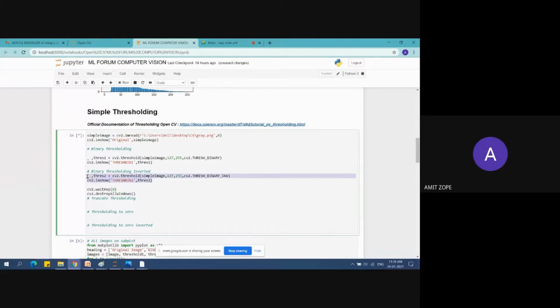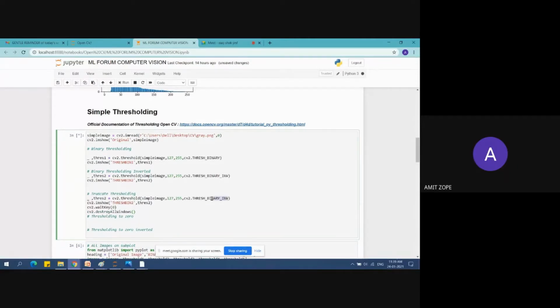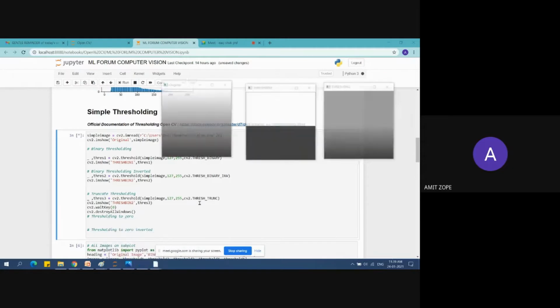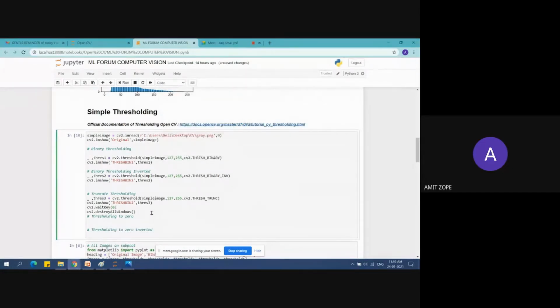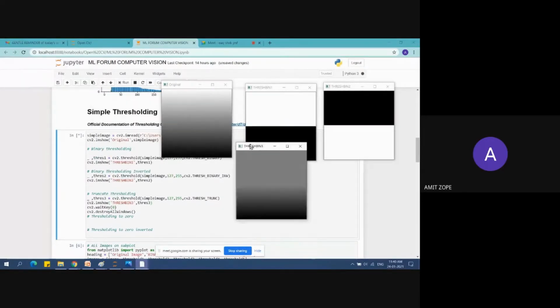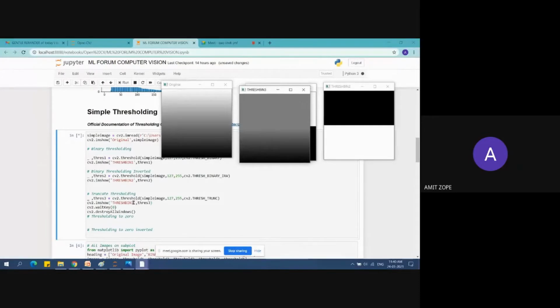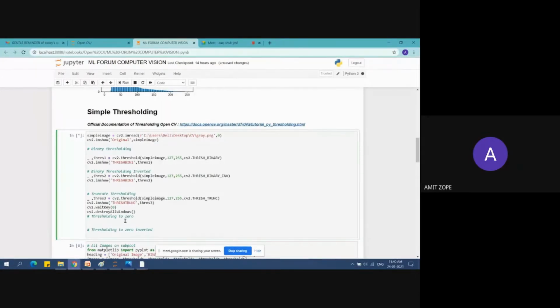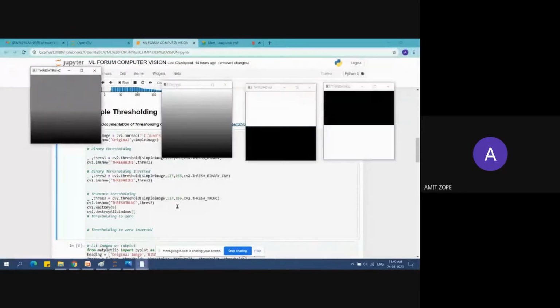Next is truncate thresholding. Thresh trunk.